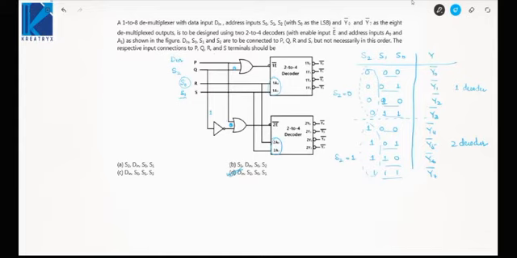Is my point clear to you? The address input will be the inputs whose combinations will decide the output. And as we can see from the table, the combinations of S0 and S1 are responsible for deciding which output is getting selected. That is why they are working as address input. And since S2 has a fixed value for each decoder, S2 will go in enable and data will also go in enable.